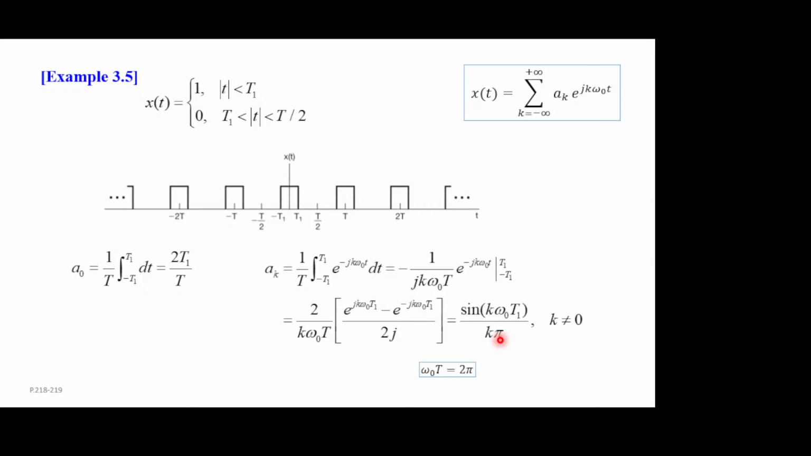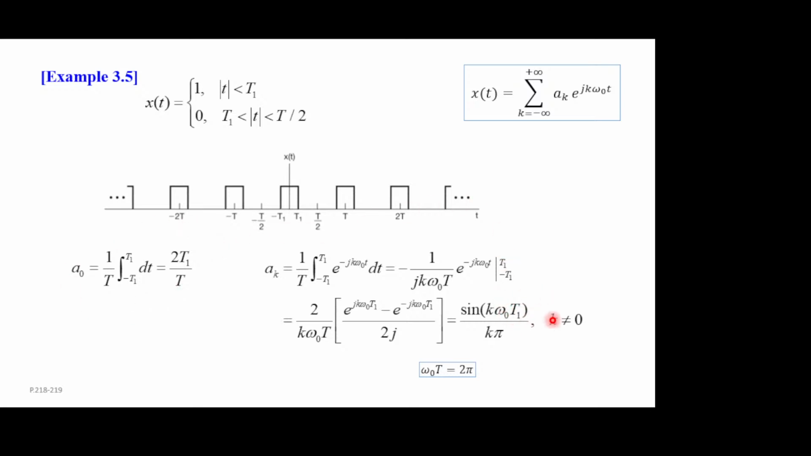So yeah, we see a_k equals sine(k omega naught t1) over k pi. Okay, so let's check. This is good, right? This is a function of k, and it's well defined for every k not equal to 0. When k equals 0, it will be 0 over 0, but we do the calculation here as a special case,